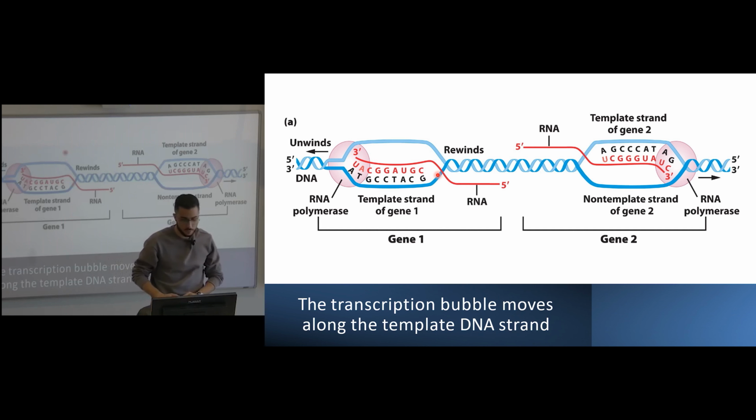This is the transcription bubble that I was talking to you about. So depending on which strand you are working with, if you are working on the template strand, it looks like this. So basically you have an RNA polymerase going towards the left, and it unwinds the DNA and copies it at the same time, or transcribes it, and then it will rewind behind it. And then you also have the non-template strand, which is the other strand that's going in the opposite direction. So